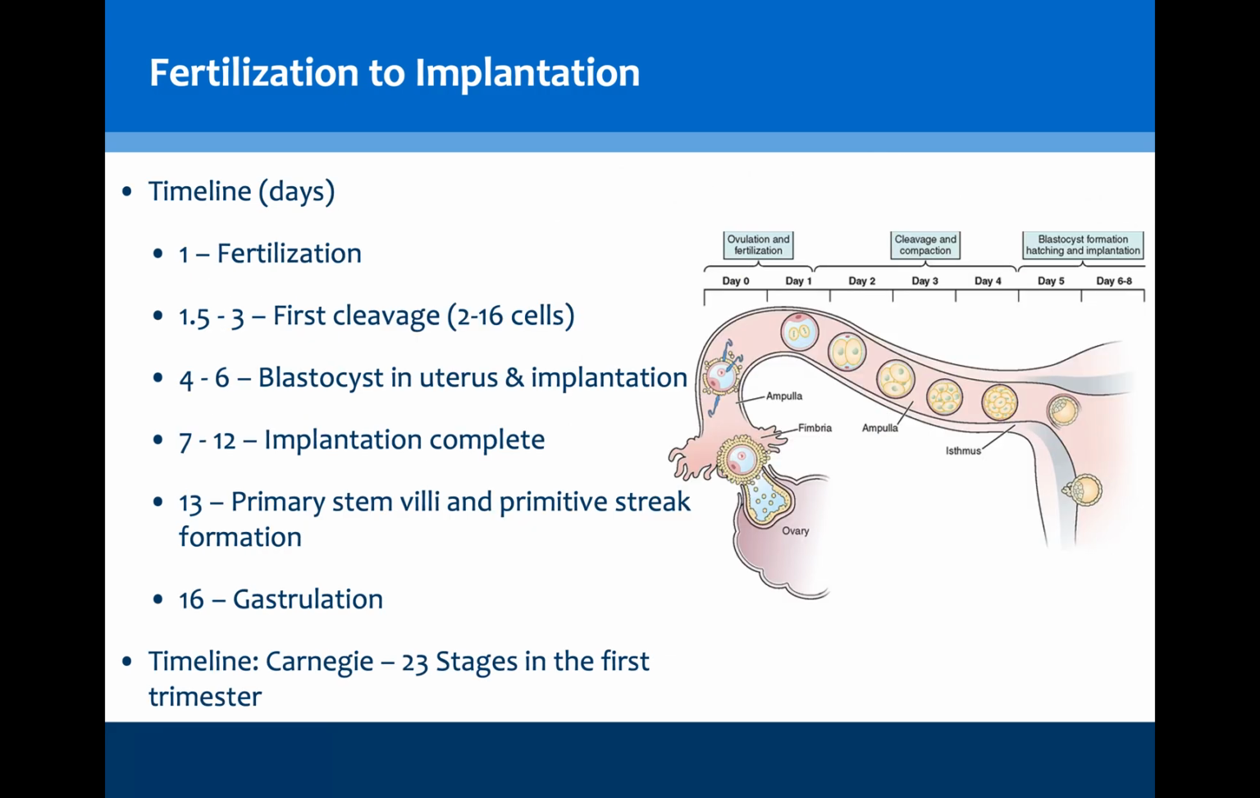Now, this is a rough timeline for fertilization to implantation, and I think often students ask me what happens on day X, what happens on day Y, and this is where this concept of Carnegie stages is really appropriate. Carnegie mapped out the 23 stages of the first trimester such that the variation in days didn't really matter, because you could chronologically define the 23 stages. And so sometimes it's easier to think of things in the order in which they happen rather than the days,